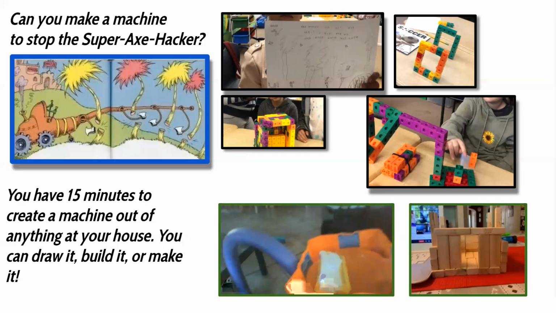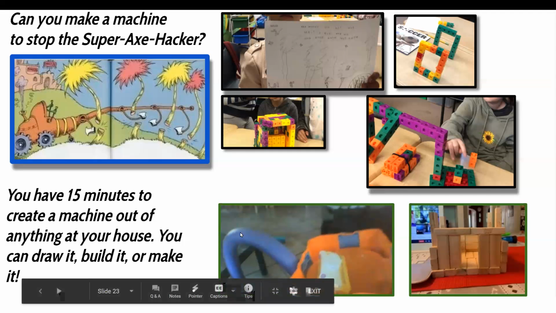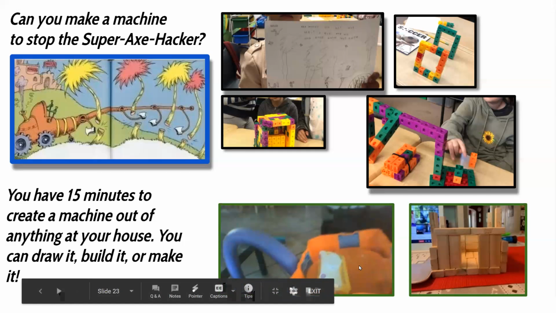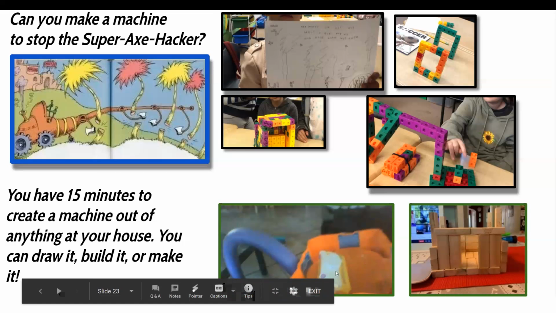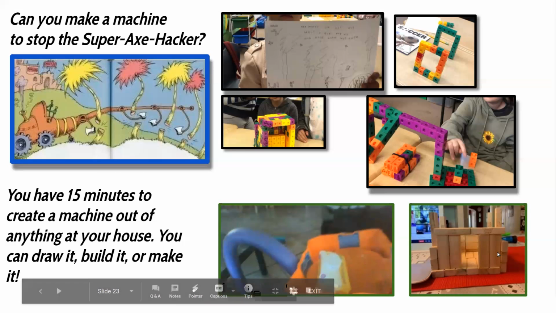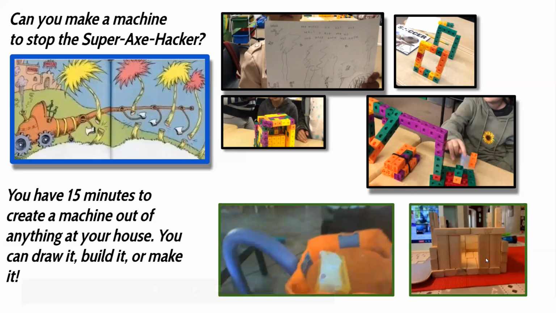And so then when I saw it, it's a pool noodle and it's folded. And then this is a little basket. And then these were wipies. So he says, you know, I could launch the wipies at the axe hacker. And then this one, she brought out her Jenga. She set it up. She wanted to create her own little jail for the Onceler. And then there were a few other ones. Some of the kids had made items with foil,